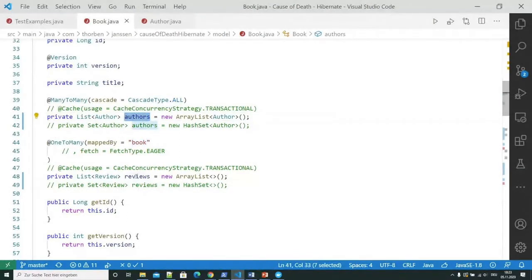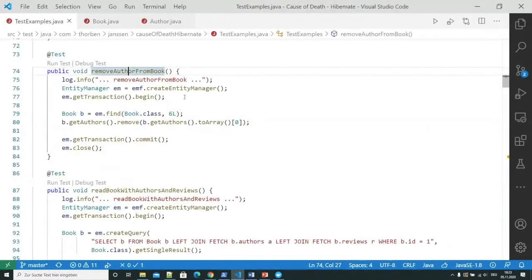And if we model a to-many association, most developers would say a list is the most efficient collection type in Java, so it has to be the most efficient approach when modeling a to-many association. Well, unfortunately not when we're using Hibernate.